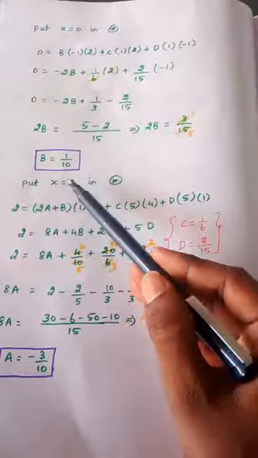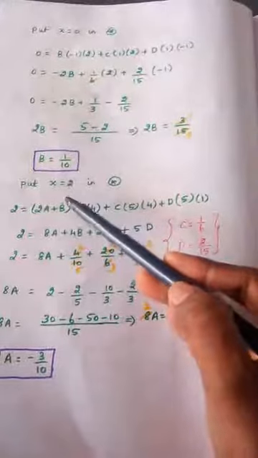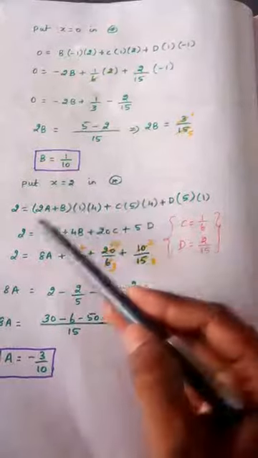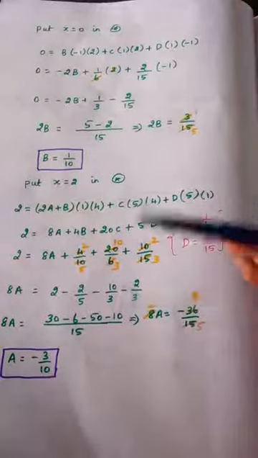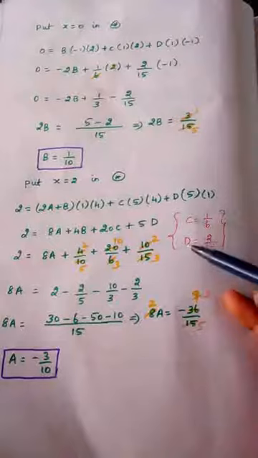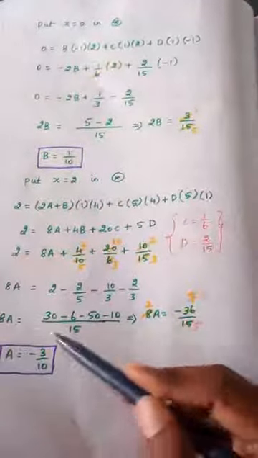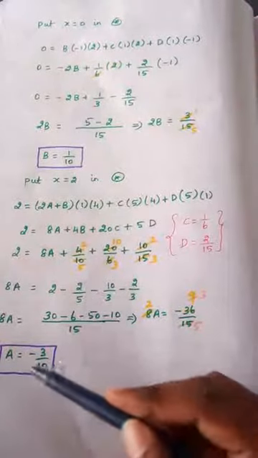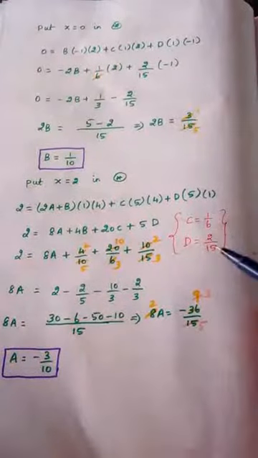Similarly, choose another value. X is equal to 0 I have used. Now I am using 2. You can even choose your own values. X equal to 2 in star. Again you will be getting an equation like this. You can simplify. C and D values we know already, right? You can use those values here and simplify so that you will get the A value. So A is equal to minus 3 by 10, B is equal to 10, C value is 1 by 6, D value is 2 by 15.